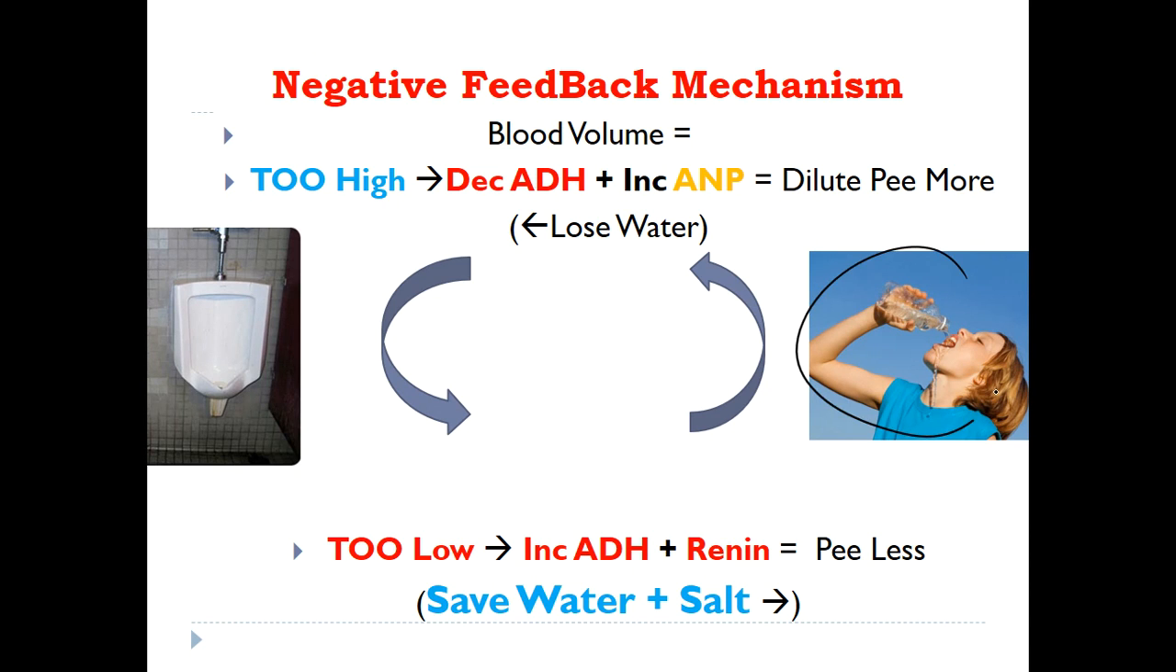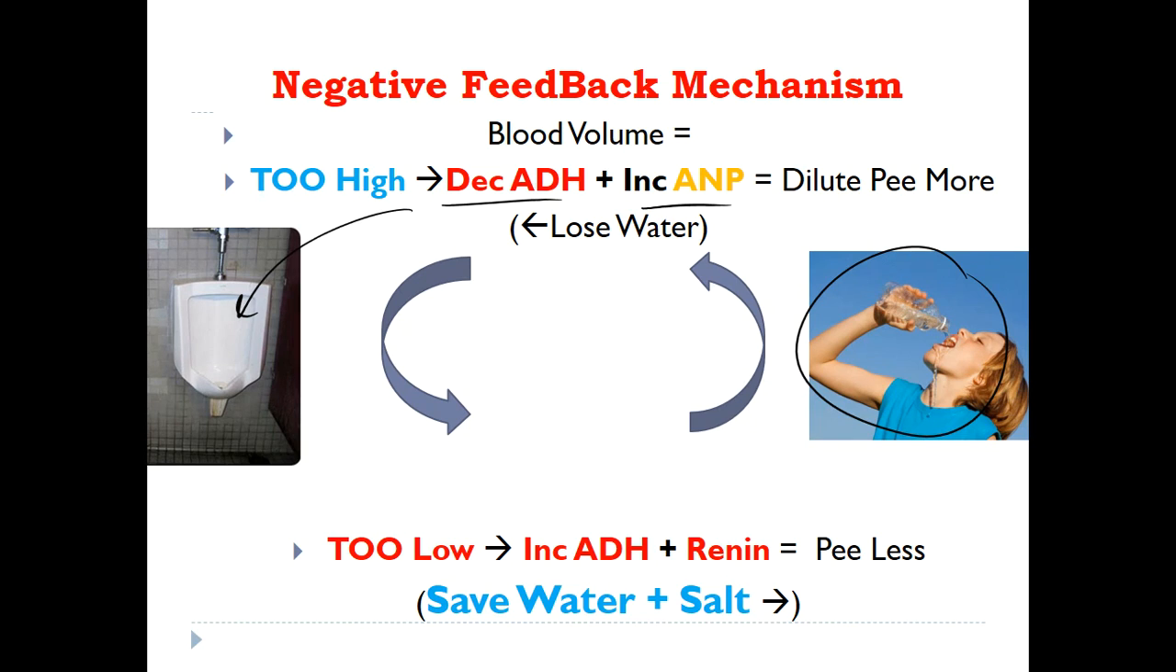Let's say you've been drinking too much water, you're getting too much blood volume. That's going to cause your body to say, hey, I need to decrease my ADH. You're not thirsty anymore. You're not saving extra water. You're going to have to pee. And you release ANP, which makes you not save salt, so you lose water, and then you go pee a